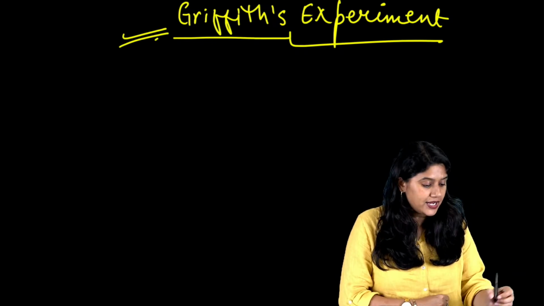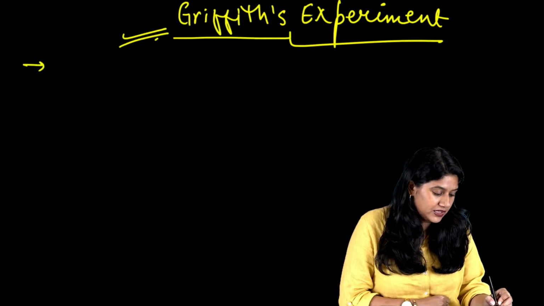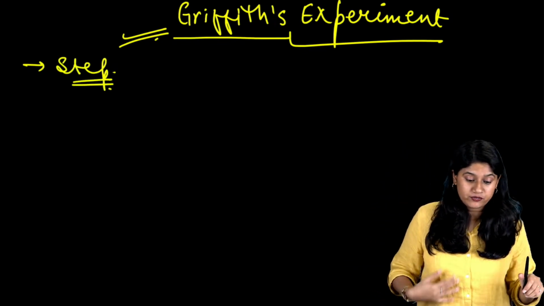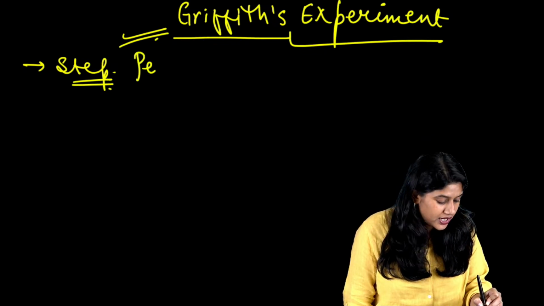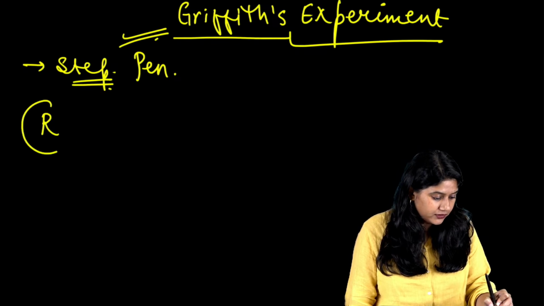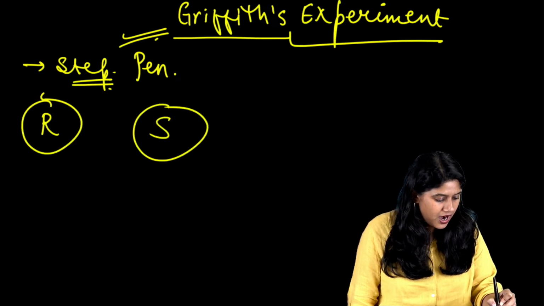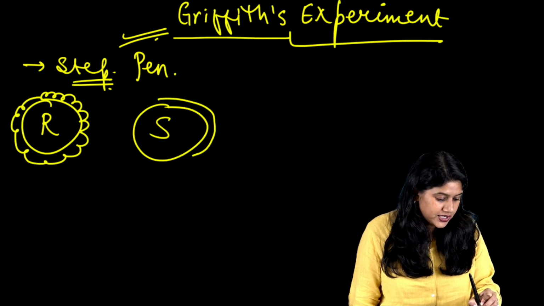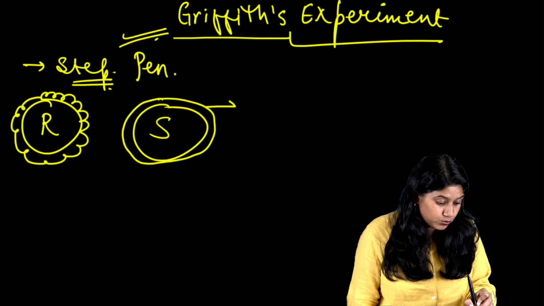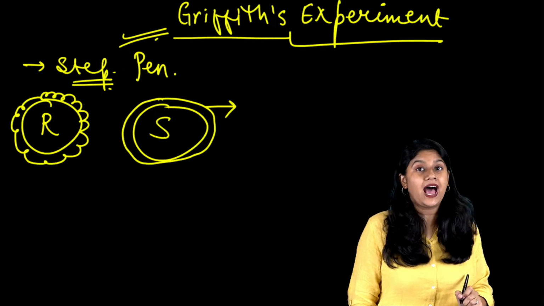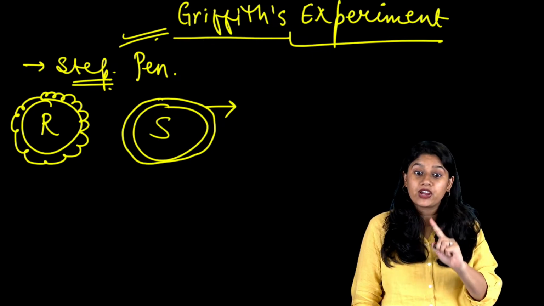So we know that he did an experiment with Streptococcus pneumoniae, right? All of you, very good. So we have two strains of it, right? We have R strain and we have S strain. R strain is pretty much rough. S strain is very smooth, and because it is smooth, it can actually evade the immune system of the other organisms and can cause some damage.